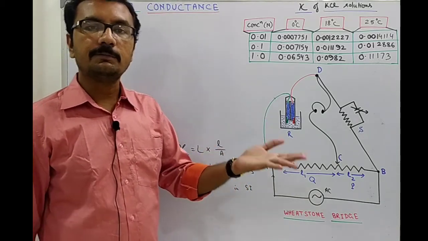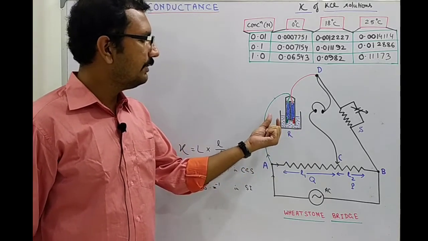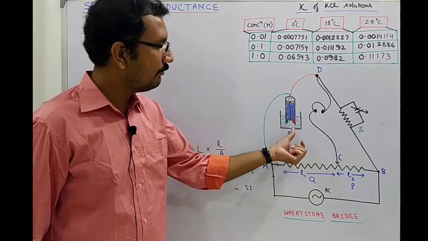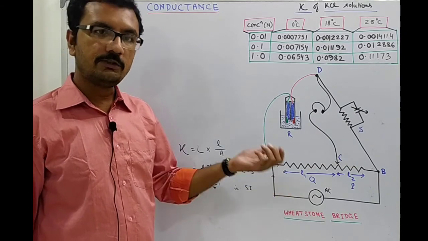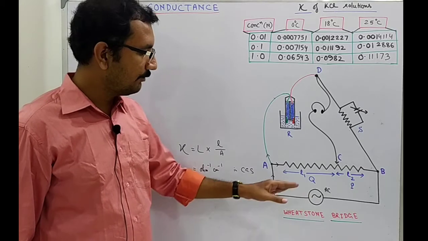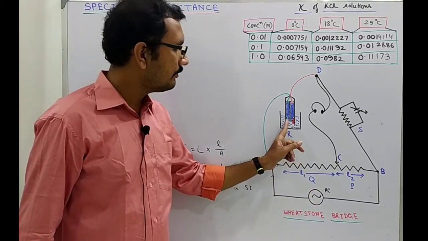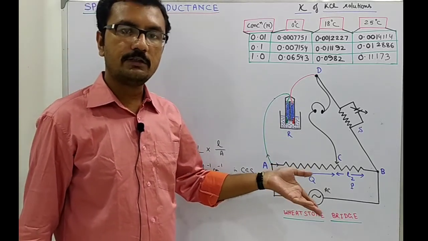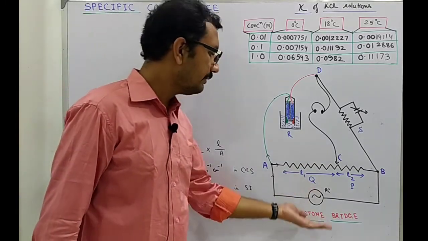Another thing, if some gaseous products are liberated at the electrodes, then they will have surface problems, they will disconnect the solution from the electrodes at certain points. So, that is polarization. Owing to that polarization also there will be errors. So, what we will have to do? You have to use alternating current, so that the cations and anions will fluctuate between the electrodes. There will be no electrolysis, so there will be no error. Okay, so you need AC.